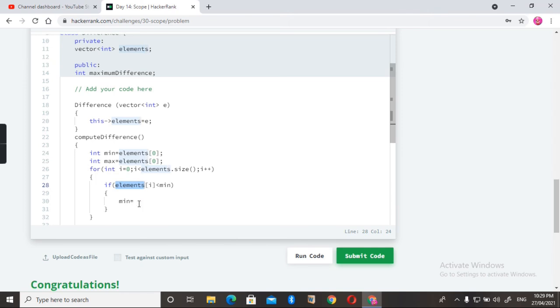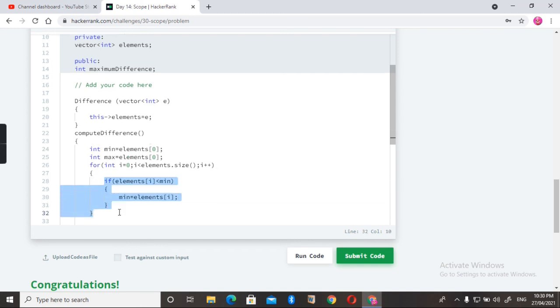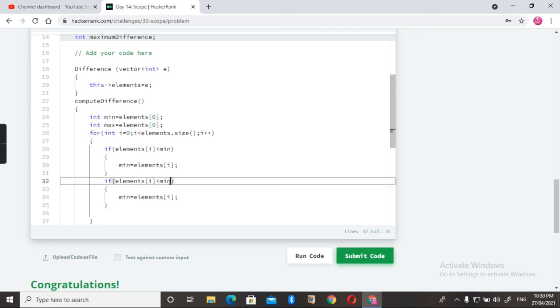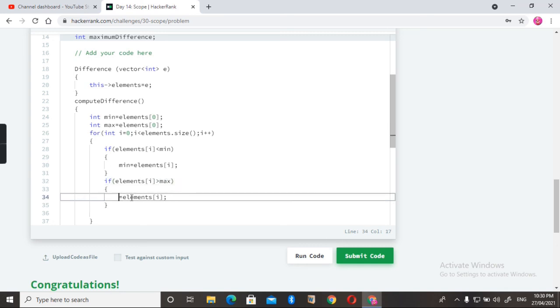Instead of writing always, I'm just copying it here fast. Okay, and then same for the maximum. This is an extra bracket. Let's just remove it, and then if it is greater than max, then max is equal to elements of i.